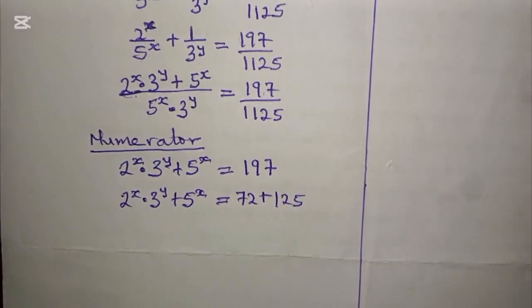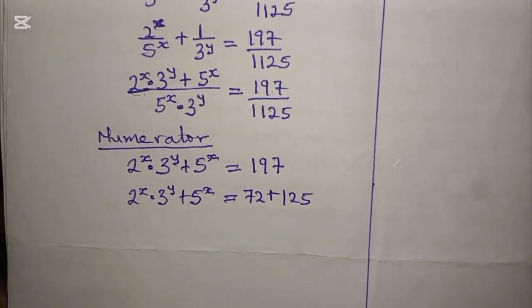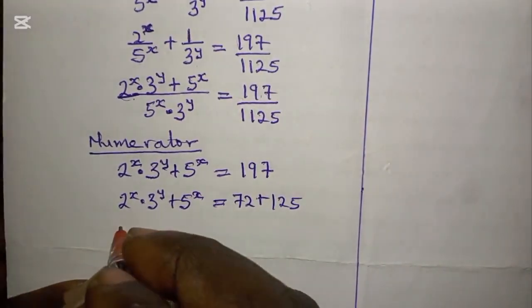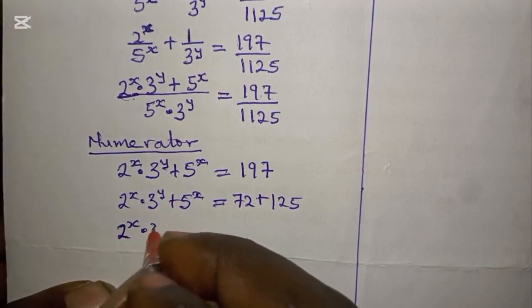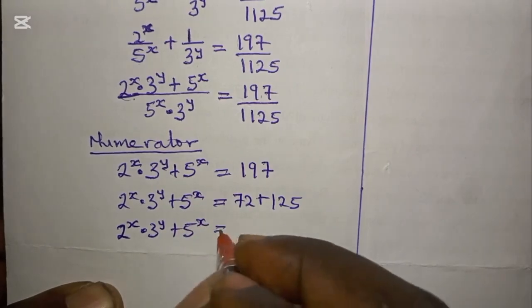Okay, 72 plus 125. So the next step is 2^x times 3^y plus 5^x equals